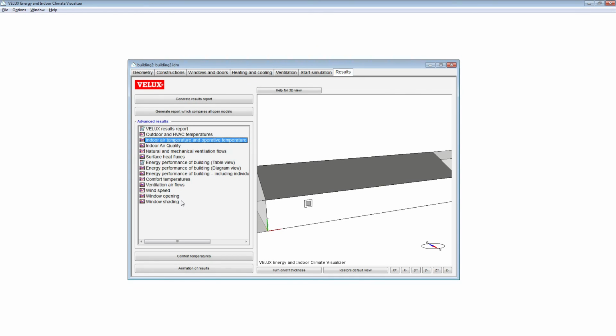Of course, there are other exports you can do, and you can also see the ventilation airflows per hour and so on. Here we have a lot of data coming out of this program, which is neat.